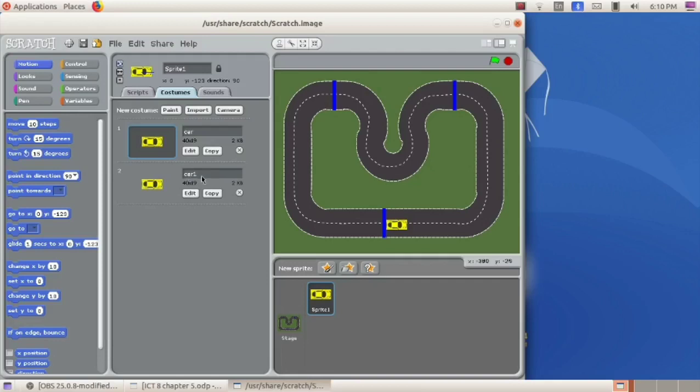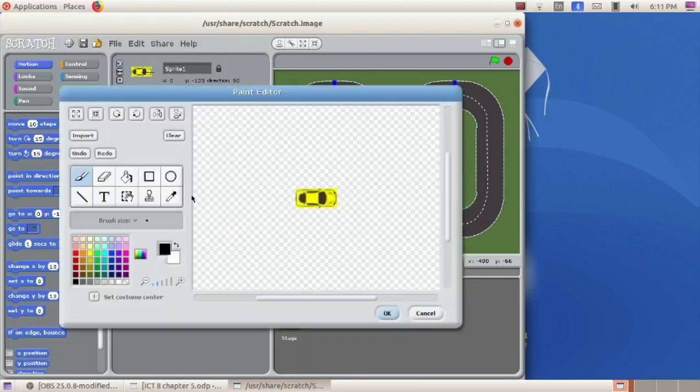Now select this car 1, which is the copy of the original sprite. Here we can see a button, edit. Click on this edit button. Then the paint editor window appears. Now here we can draw some smoke bubbles coming out of this car. For that we can use this ellipse tool. Then we can draw some smoke bubbles coming out of this car.